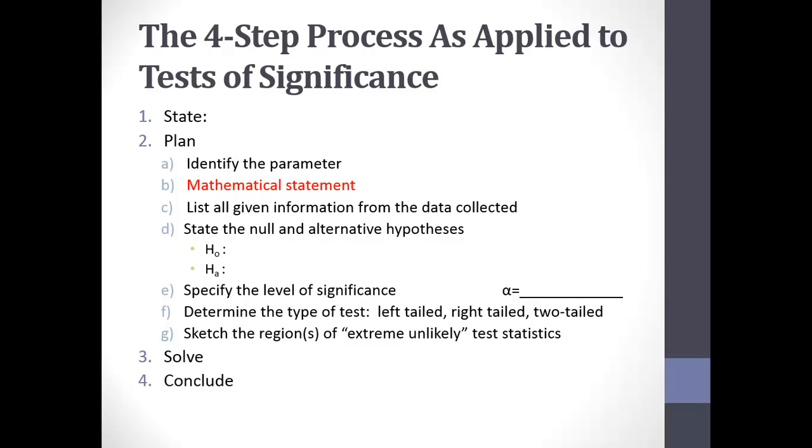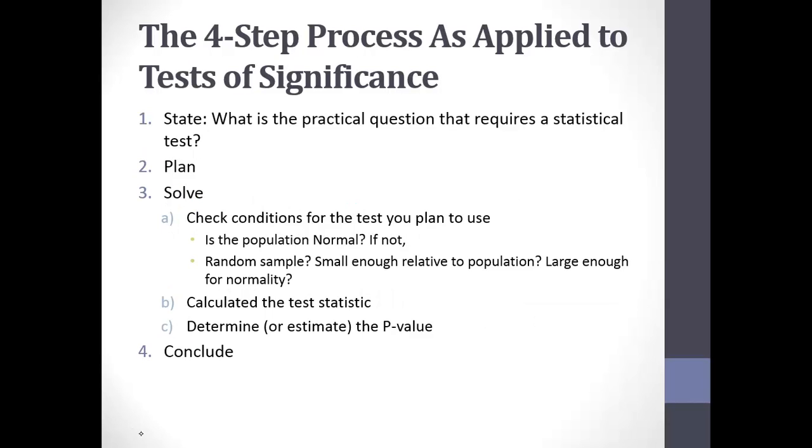If a picture helps you, kind of sketching out what an unlikely test statistic would be, all within the plan step. And then to actually solve them again, we need to first make sure that we're allowed to use these formulas that we have. So first we need to check our conditions. So if the population is not normal, then we have a few conditions to check there. Then, if those check out, we can go ahead and calculate the test statistic, find